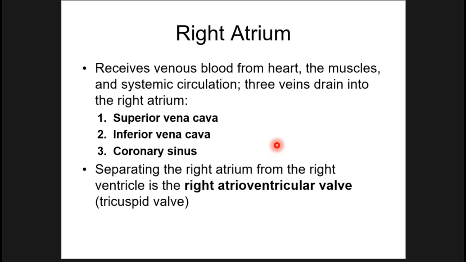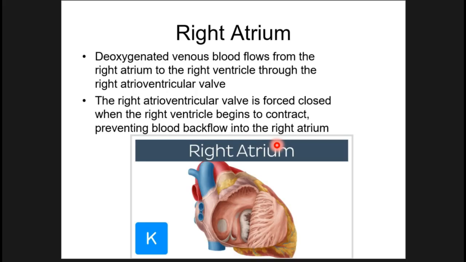Now we're going to go one chamber at a time. If you were a red blood cell, you would start in the right atrium. You would be deoxygenated, coming from the body, delivered from either the superior or inferior vena cava into the right atrium, or perhaps the coronary sinus, but we're going to go from the body right now. This is if you took a slice of that auricle and that superficial atrium and peeled that away to give you a, this is kind of a weird view, I'm going to call this a left superior view